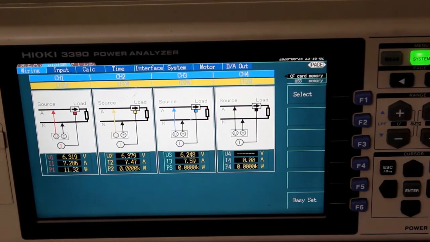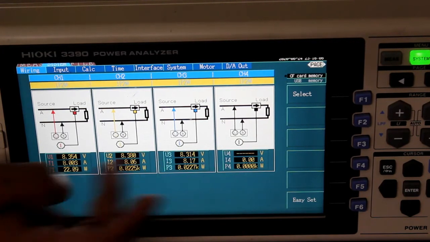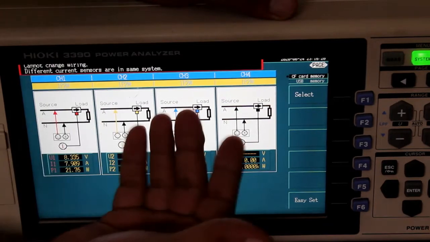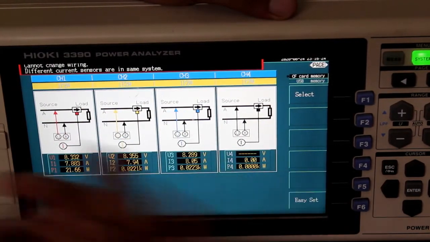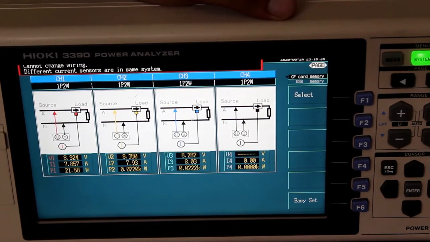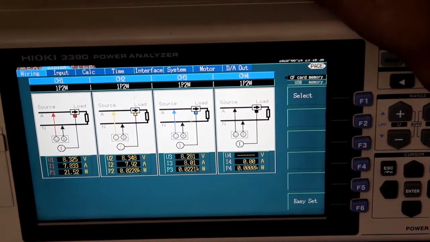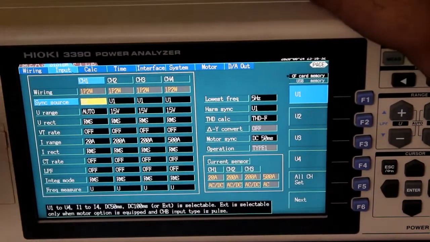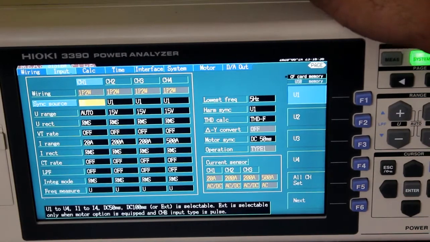So if I change the voltage and current, the readings will change. We can create the three-phase, or we can leave it on a single phase. We can do that. And on the system setting, we need to set the voltage and current level for all the channels.